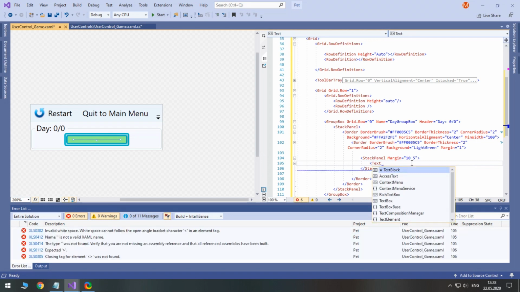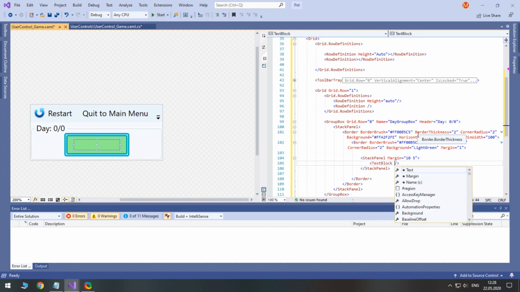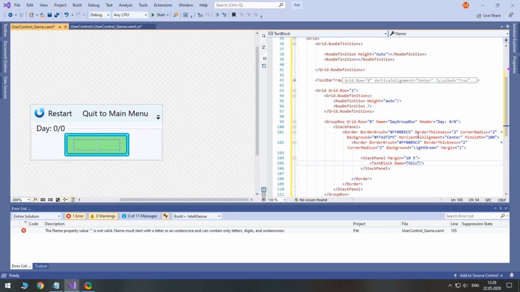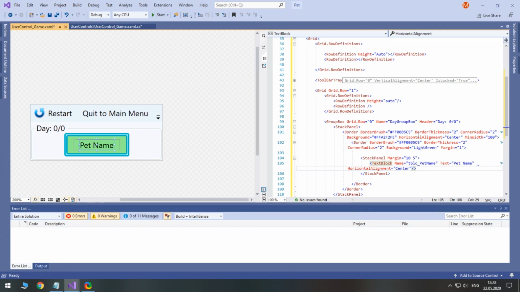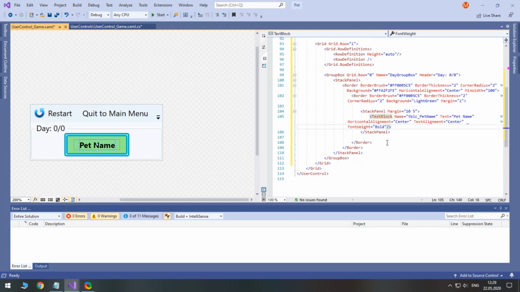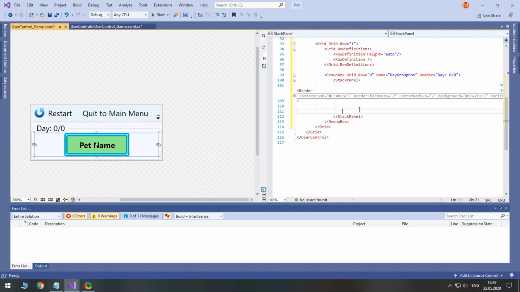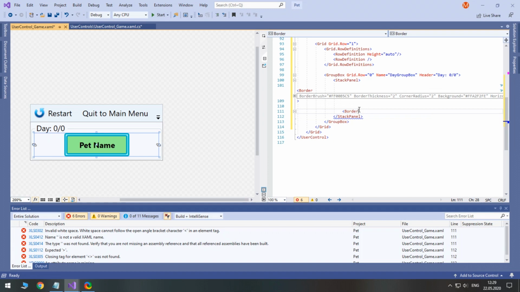And here we at last put a text block to show the pet's name. Below will be a border containing stats, the image of our pet, and its description passed from user control select pet.